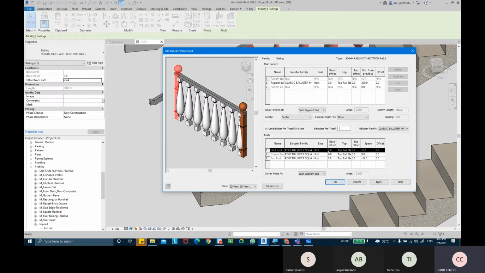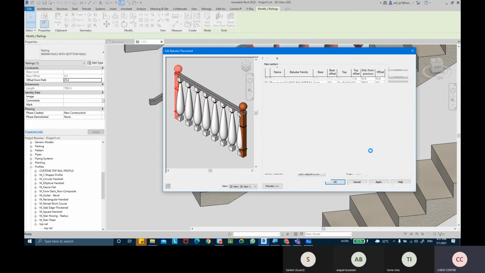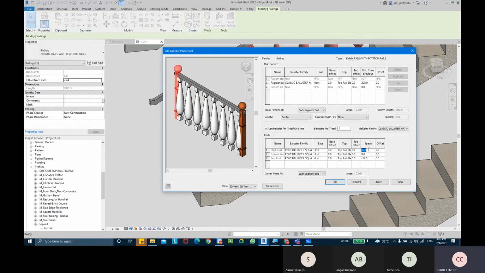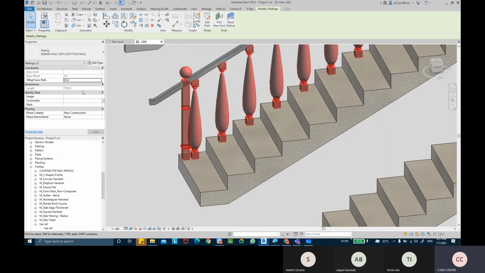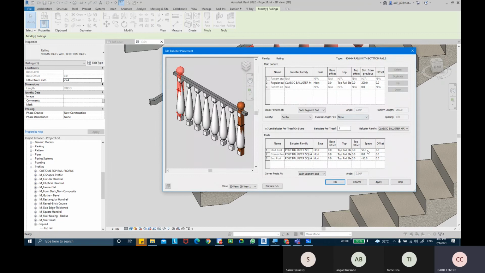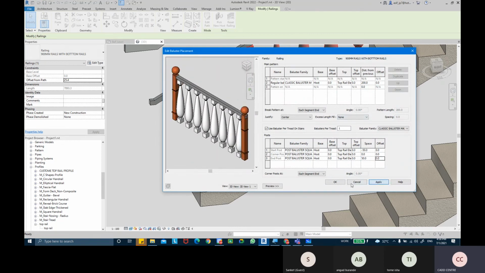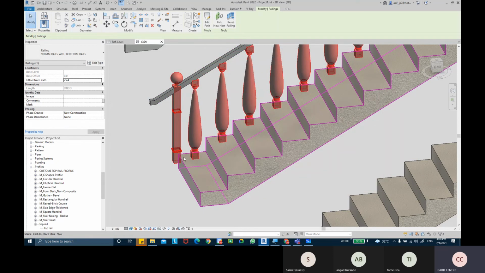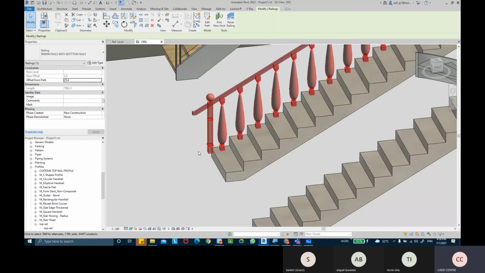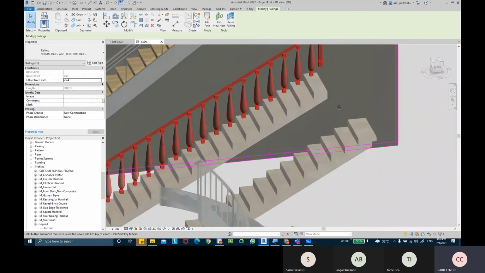So this space needs to be adjusted to push it out. Maybe I'm going to put 50 mm. It goes inside, so we need to make this minus 50, and make this positive 50. So it will stick out. The more you try to stick out, the more it will stick out.